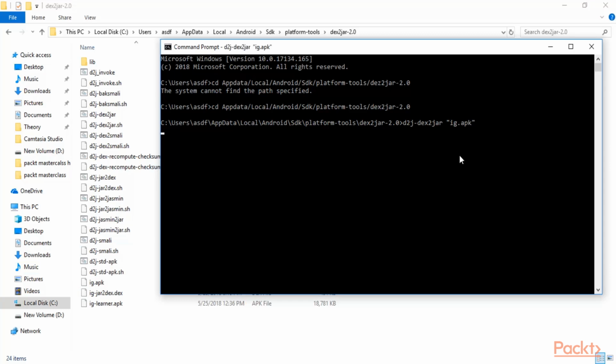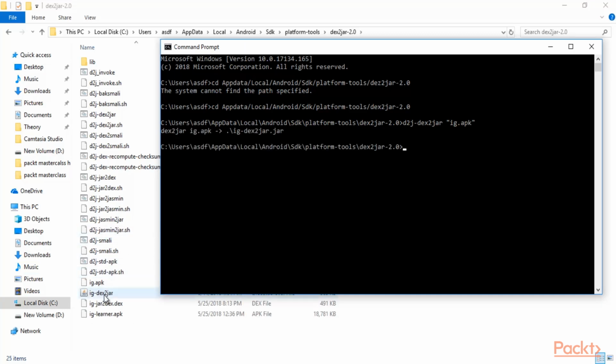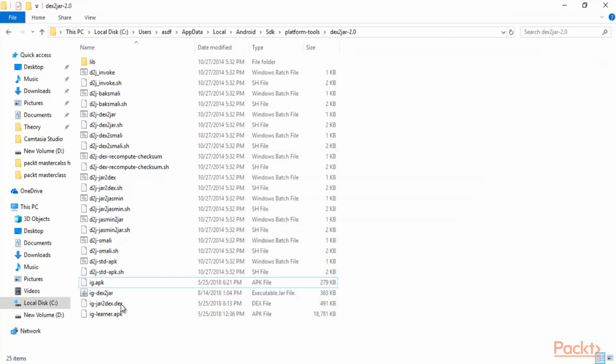Hit enter and wait. Check here, and you can see that a jar file has been created. So you can see here that ig.apk has been converted into ig-dex2jar.jar file, which is what we need. Minimize this command prompt, and here you can see that a jar file has been created, and that was our need, and the dex2jar tool has completed it.